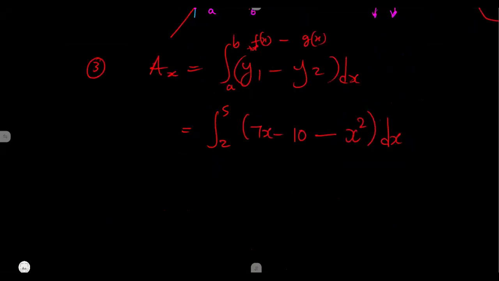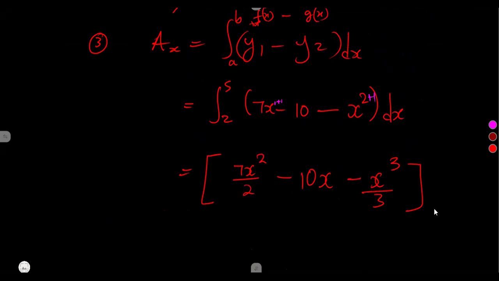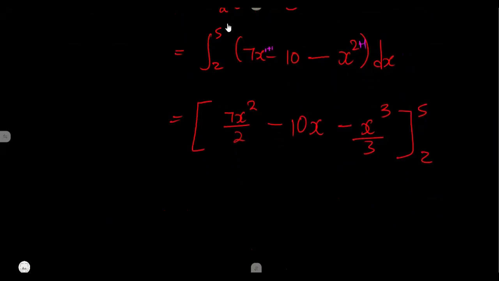All right, so let us integrate. Remember, as we have our integral, we need to integrate there. This is 1, so remember, you're going to add a 1. So it is going to be 7x to the exponent of 2 over 2 minus 10x minus x to the exponent, we add 1, so that's to the exponent of 3 over 3, and our limits from 2 up to 5. So this is what we were going to have. So simplifying,